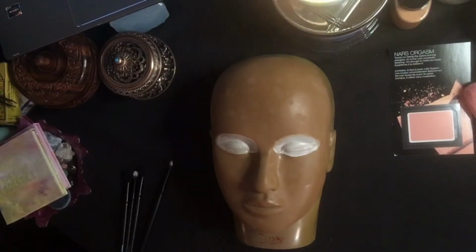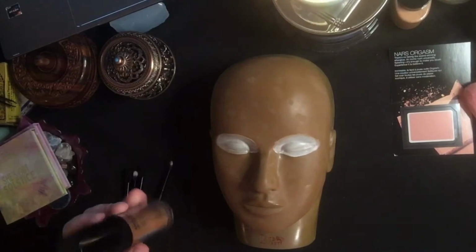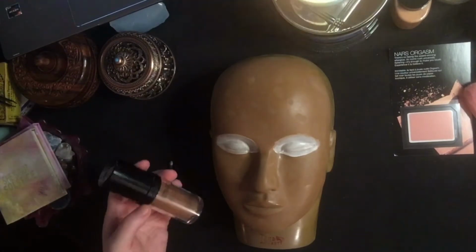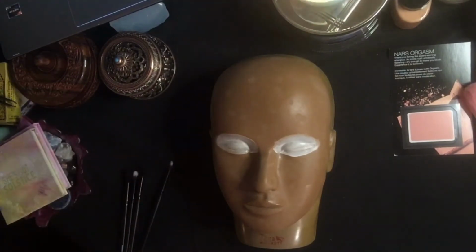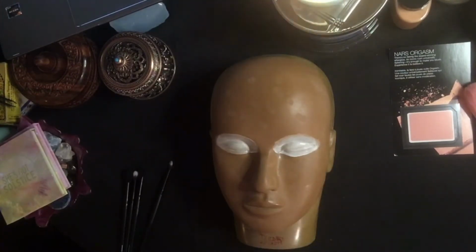And unfortunately, when I went to go reorder this foundation, they did not have this color. So this one is almost done. I'm trying to milk the last bit of it and try to get every last drop out of this, because it's like the perfect color for this head. So I mixed it with a little bit of bronze. Anyway,